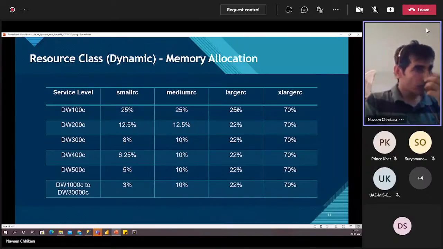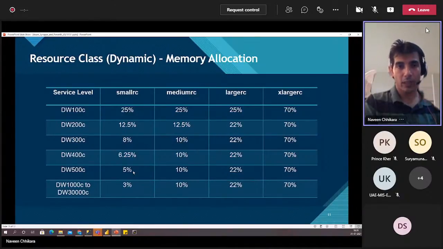And one important thing about these classes is that if someone is in the medium or large resource class, and there is no available connection, the priority will be given to the higher resource class. As long as the higher resource class is using those connections, until they finish their work, the connections will never be released to the smaller resource class or any classes below that. And in the same way,